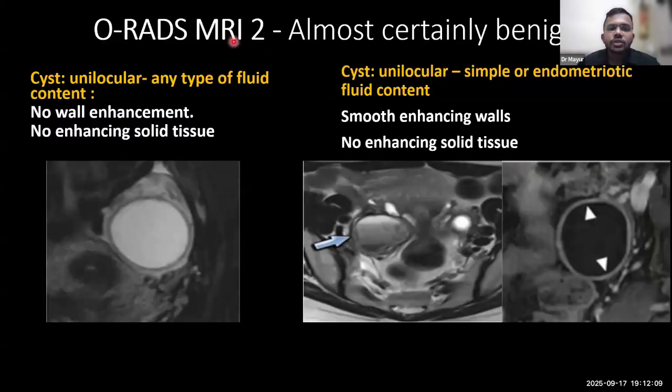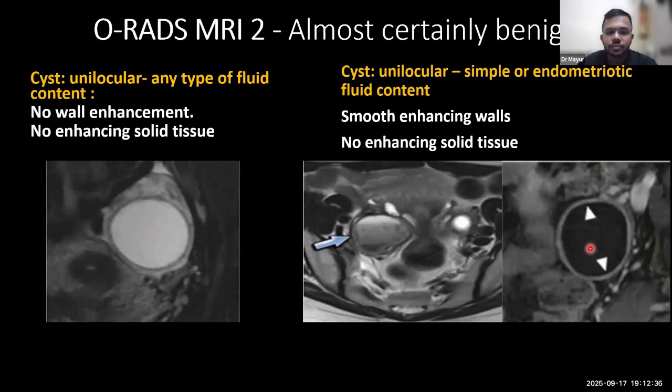O-RADS 2 includes almost certainly benign lesions. These include unilocular cysts with any type of fluid content, that is simple or non-simple fluid, but there should be no wall enhancement. There should be no enhancing solid tissue. Unilocular cyst with simple or endometriotic fluid content with smooth enhancing walls but no enhancing solid tissue are also included